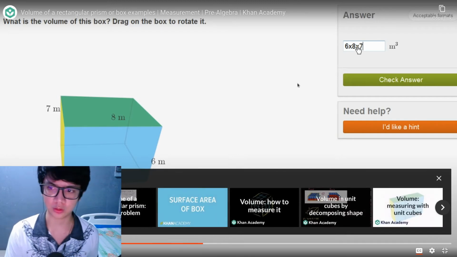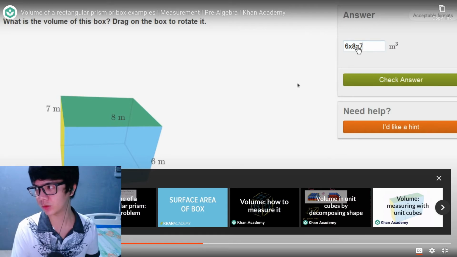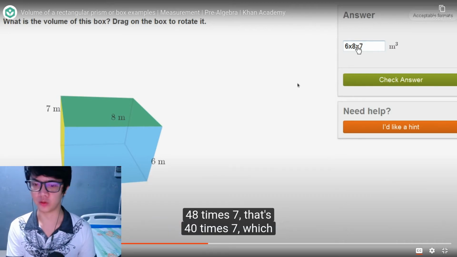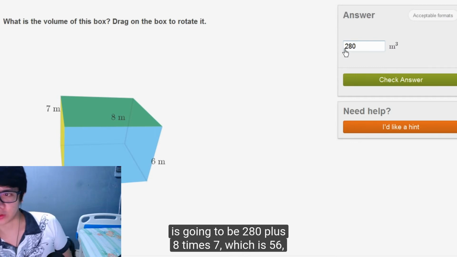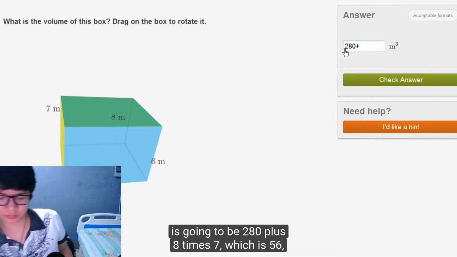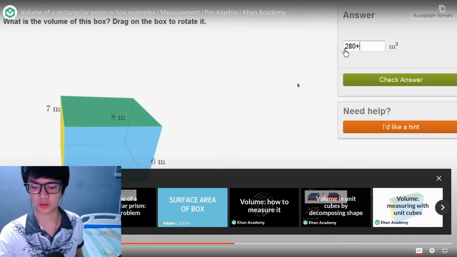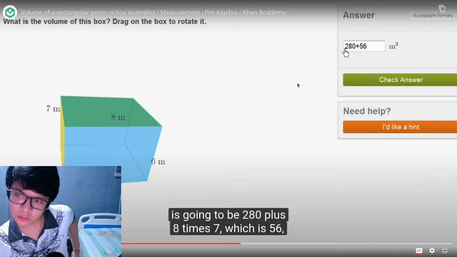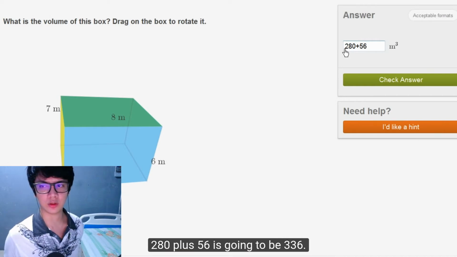So you have 48 times 7, and then you have like 40 times 7, 280 plus 6 times 7. That's 40 times 7, which is going to be 280, plus 8 times 7, which is... Wait, why 8? 448. No, so 4 times 7 is 280. And then is 56. 280 plus 56 is going to be